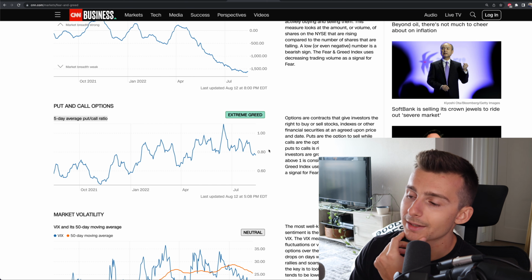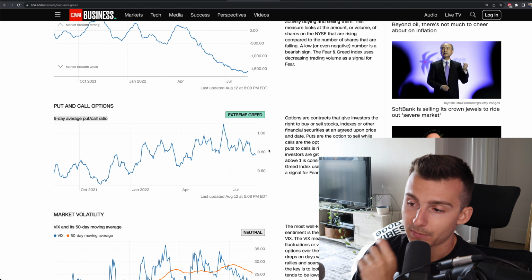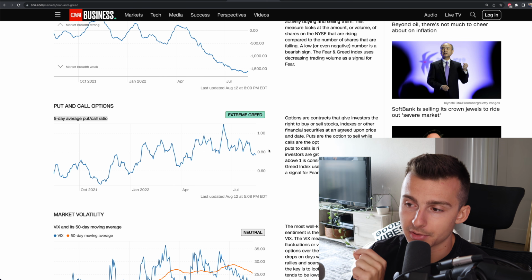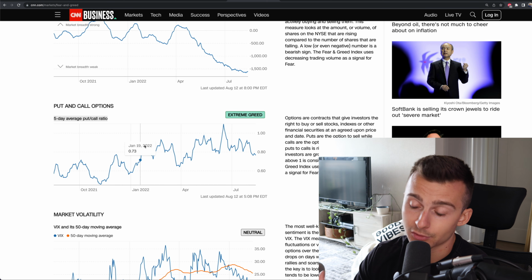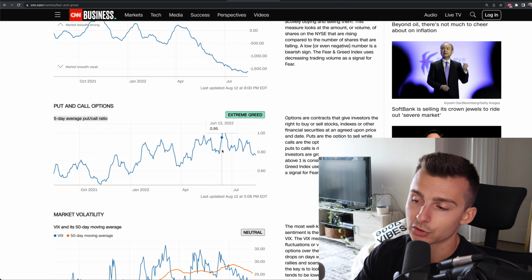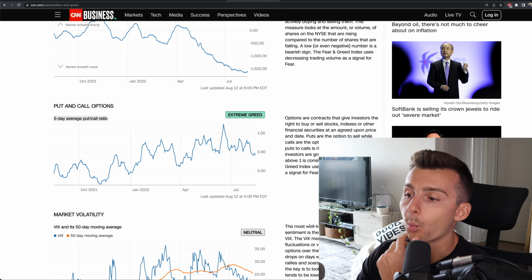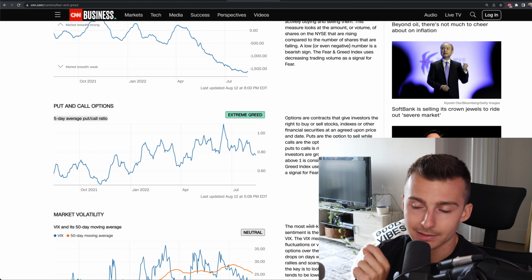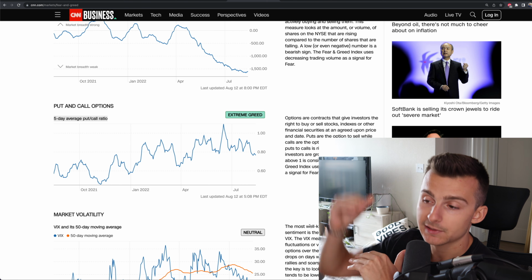So what we like to look for is spikes. And what we're going to do is dial into some of these spikes, and we can see them a little bit better here on this chart. So we'll utilize this chart right here. This is showing us so far 2022, or at least the back half of this chart is 2022. Now, why we use this as a contrarian indicator is because when we see a spike in the put-call ratio,